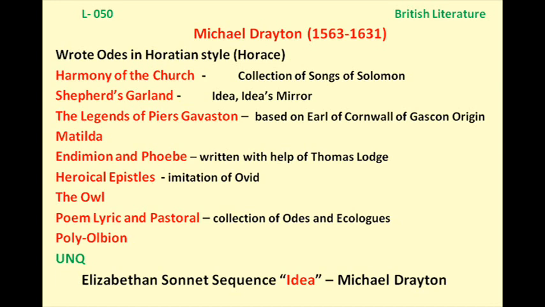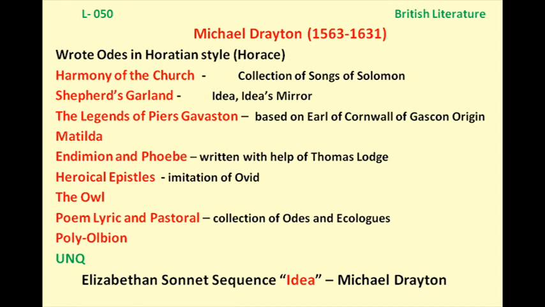He was born in the year 1563 and died in 1631. And he was the first person to write odes in English in the manner of Horace. So who is Horace? Horace is a famous writer from the ancient time, from Roman history. You might have heard this term Horatian ode. So the odes written by Horace are called Horatian odes. So Michael Drayton worked on this style of writing and he wrote odes in the same way as Horace